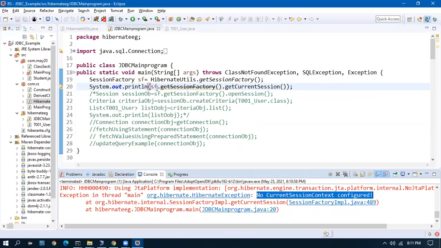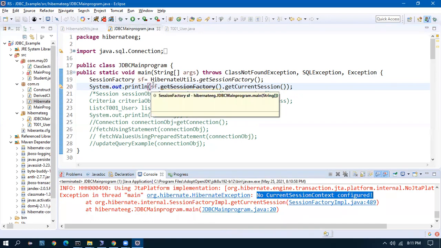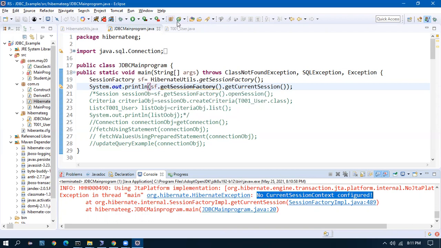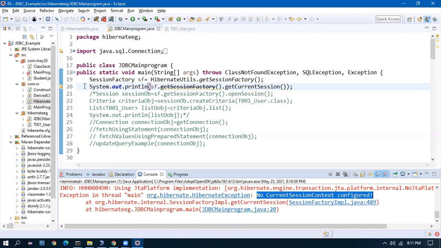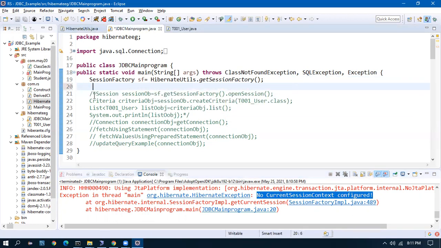A few times in the application, when we use Spring Boot, the current session would be available. First time when we create a session, we will not be opening a session every time. Instead, we will have the session only once and we will reuse the same session. That time, getCurrentSession will be used. So for now, it is null.